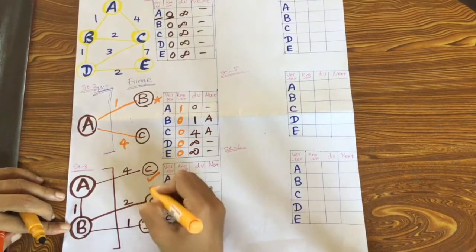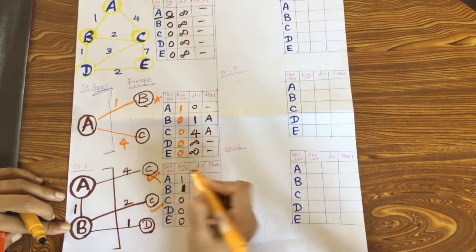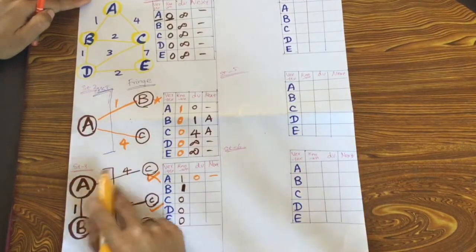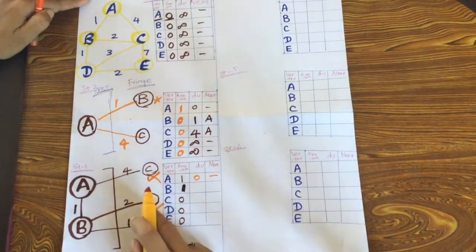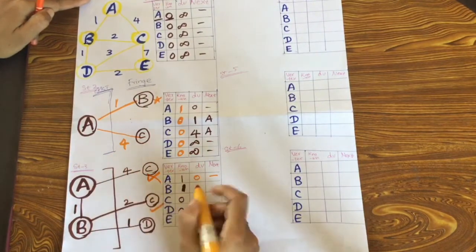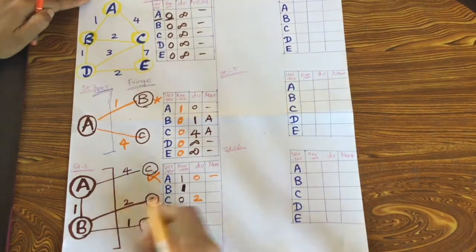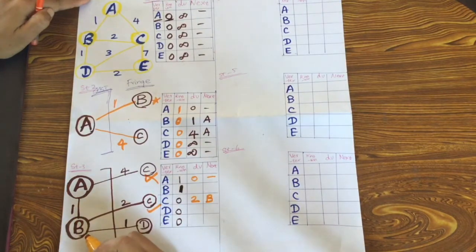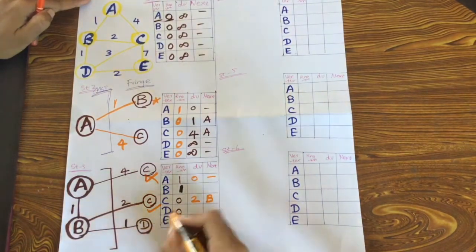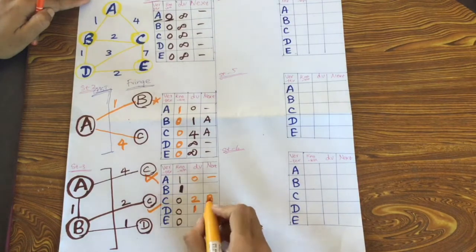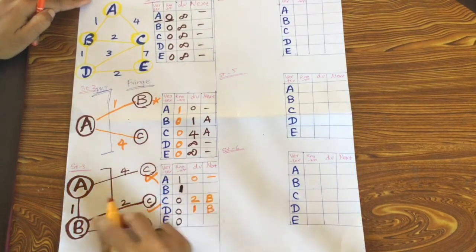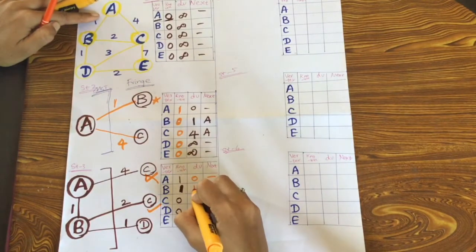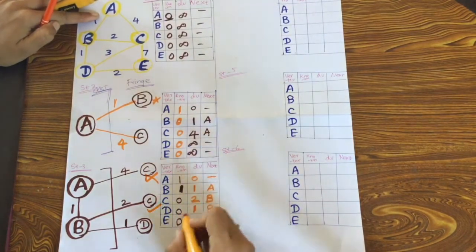Now we are having 2 C's. Remove the duplicate. The one with the higher value will be rejected. Now A is rejected. For B you are having 2 fringes, C and D. So C is having the weight 2 via B and D is having the distance 1 via B. Like that you are writing in the corresponding row of D. Remaining things you have to copy from the previous table.